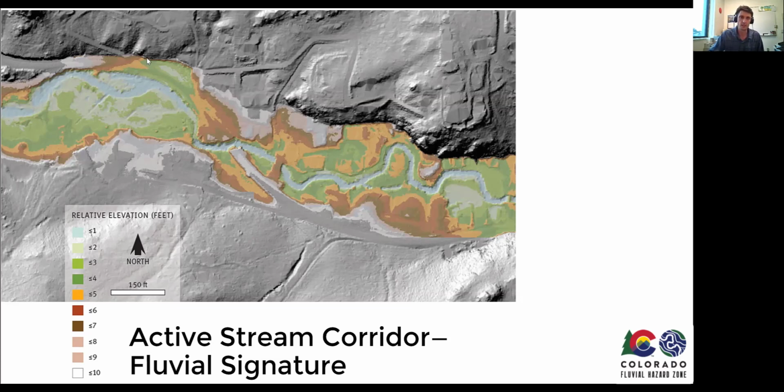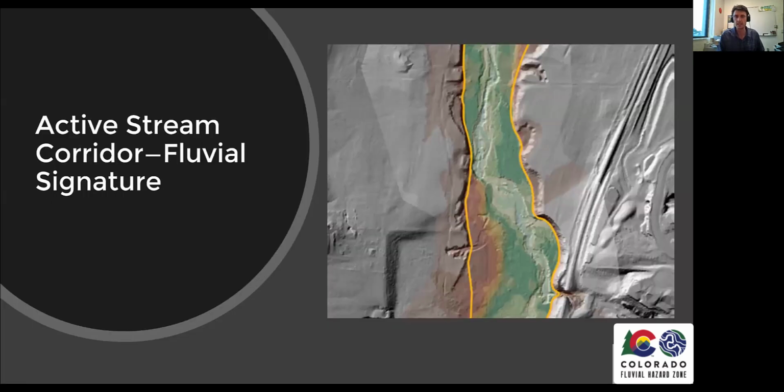So the valley margin could be pretty obvious. It's where the valley goes really straight up, but we might be dealing with a lot of fans and terraces and stuff like that. So it might be a little more complicated to determine. We provide a lot of guidance for how to delineate that margin in the protocol. So ultimately, we pick some contours that might change reach to reach and identify this edge where the valley margin